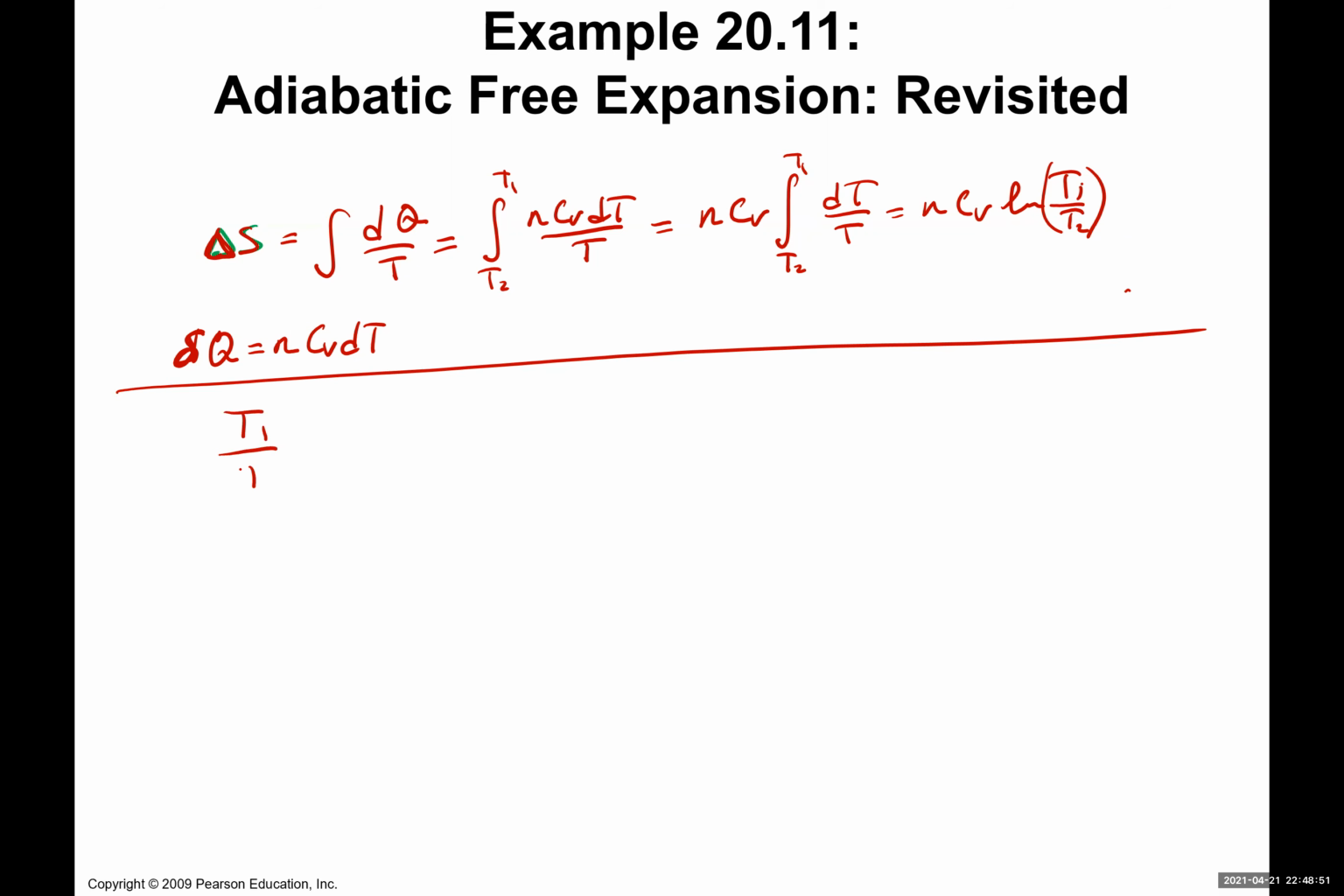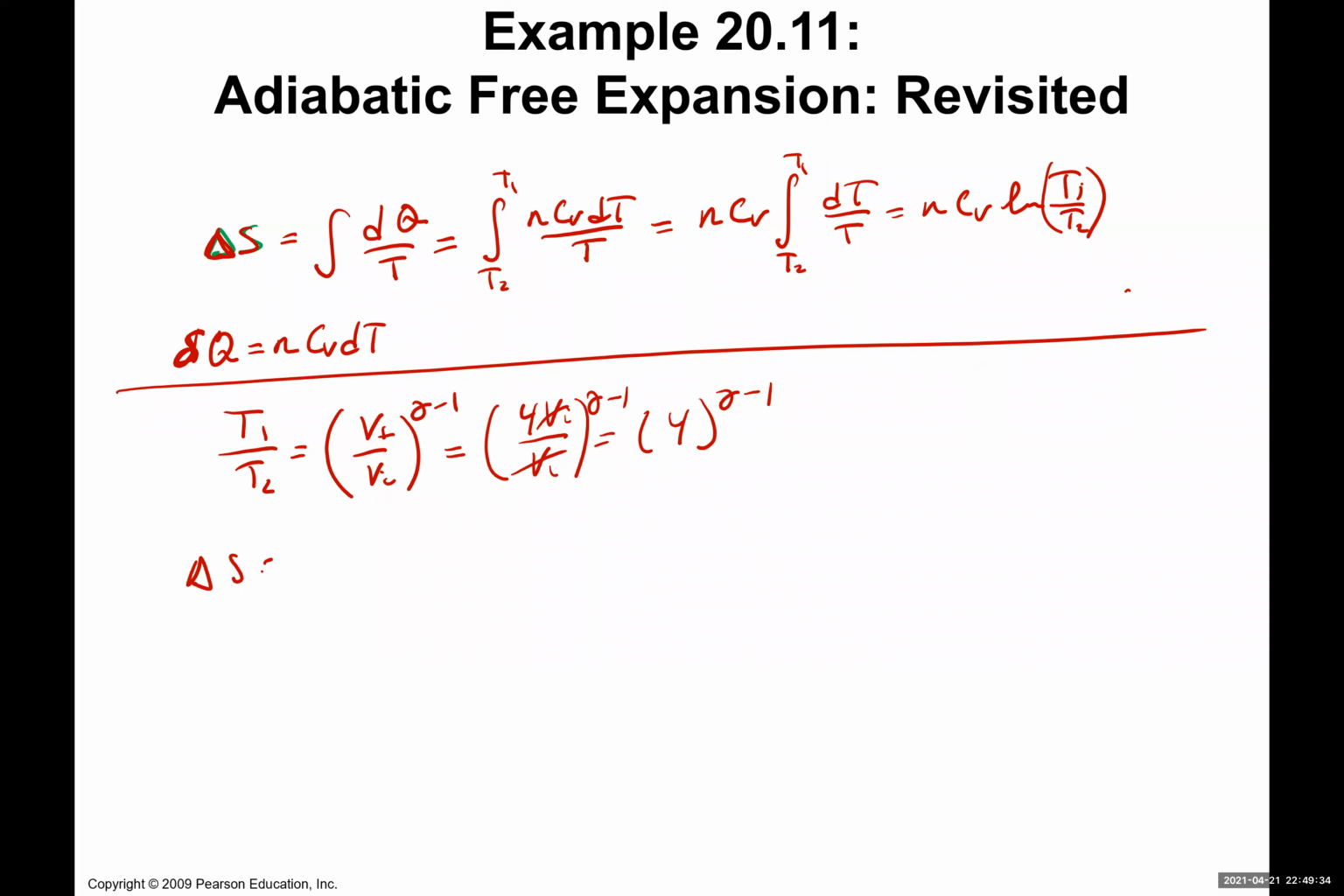All right. So from here, let's look at what the ratio of T1 and T2 is, because T1 and T2 are the temperatures of state 1 compared to state 2. What we know here is this ratio will also equal V final over V initial to the gamma minus 1, because it's an adiabatic expansion. So this is equal to 4 V initial over V initial to the gamma minus 1. The V initials cancel out, so you have 4 to the gamma minus 1. That means if we go back to our original equation, the change in entropy is equal to